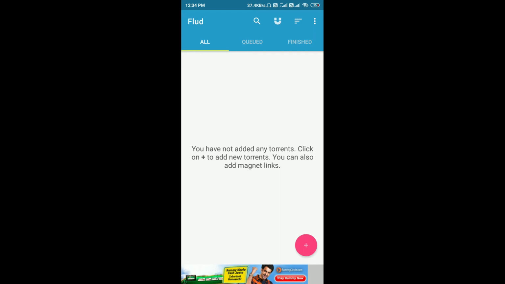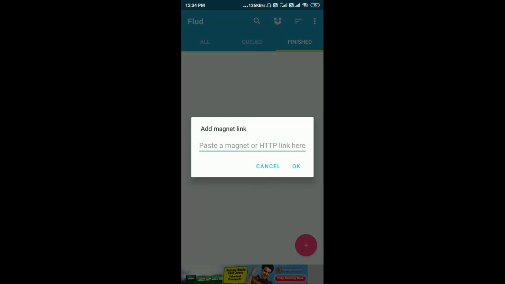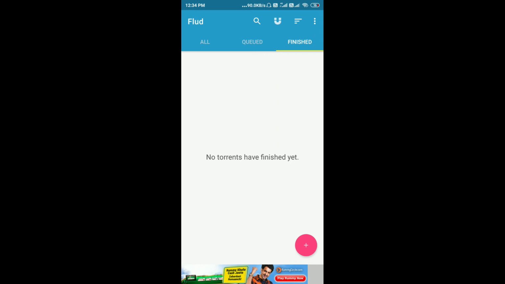Now talking about the app, this app has a very simple interface. The home screen is all. Queued means if you have any pending downloads, and finished means the torrents which are finished. If you want to add a torrent, click on this magnet type icon and paste the link here and press OK. The download will start automatically, and when finished it will give you a message that the torrent file has